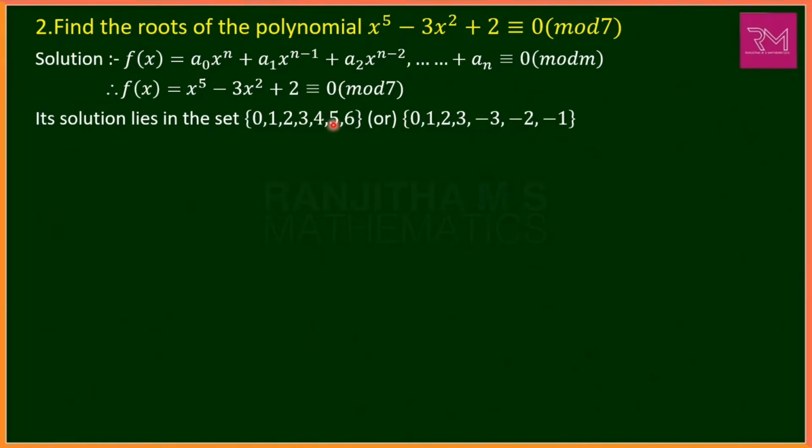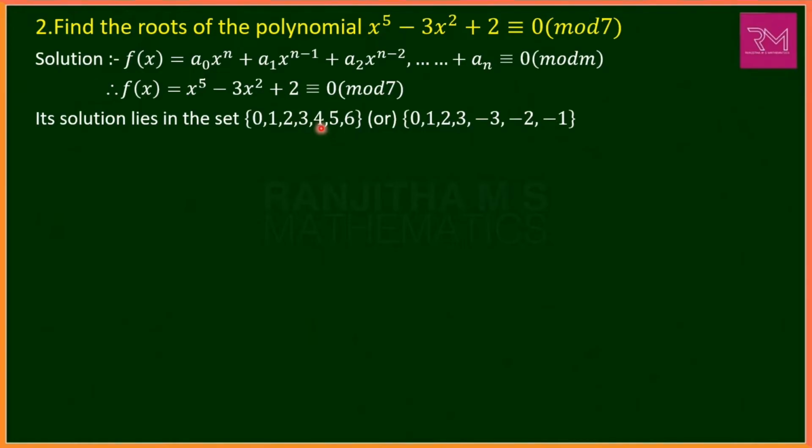In the similar way, if we substitute 5 as, here 5 is congruent to minus 2 mod 7, because 7 divides 5 minus of minus 2, which is plus 2. 5 plus 2 is 7. Therefore 7 divides 7 satisfies. Therefore in the place of 5 we can substitute as minus 2. Similarly 6 is nothing but minus 1 because 6 is congruent to minus 1 under mod 7. We have to consider under modulo 7.